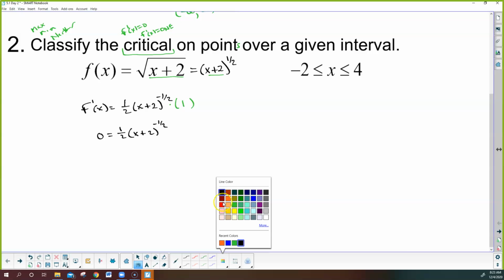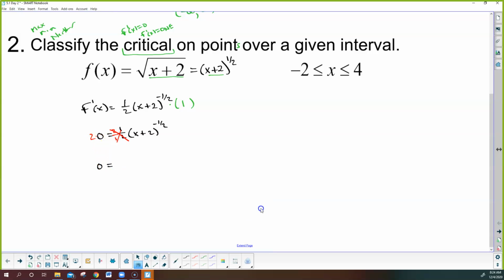But anytime you have a constant out front, the 1/2, and it's equal to 0, I can get rid of that constant by just multiplying both sides by 2, right? Or 2 over 1, because that'll reduce this constant out. And multiplying the left side by 2 is still 0, so it doesn't really change it. And then notice what happens here. I'm going to rewrite this using the negative exponent, putting it in the denominator,